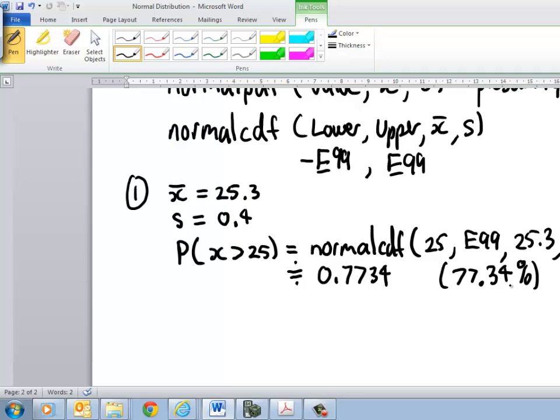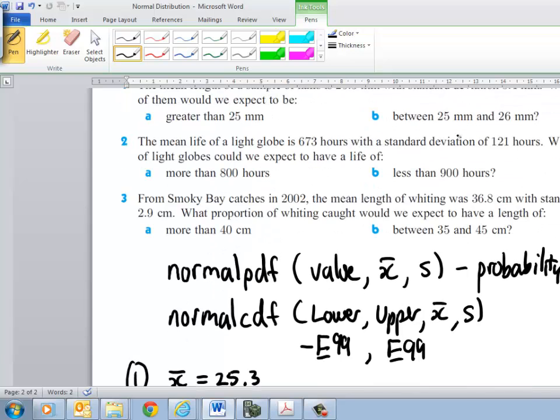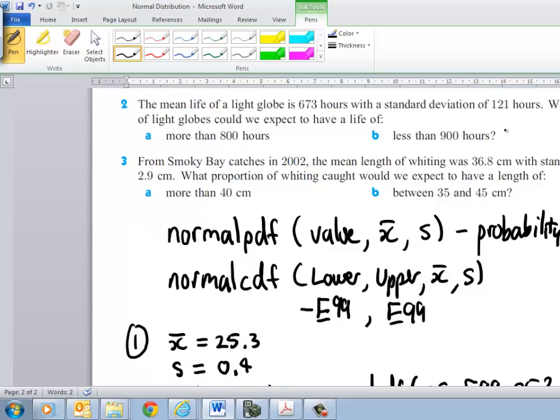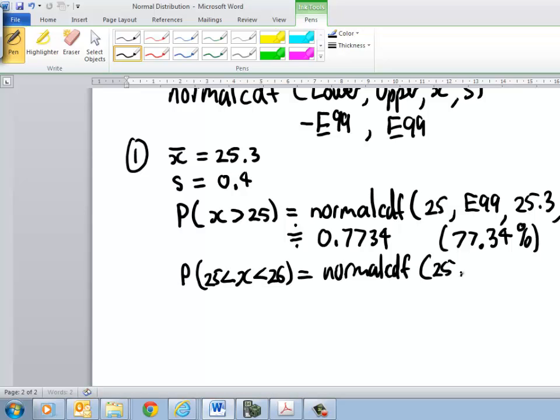All right, let's do the other part. So what would be the chances of me getting a nail between 25 and 26 millimeters? All right, so for that one I'd say the probability that x is greater than 25 and x is less than 26, right? So that would be equal to the normal CDF, right? Put our lower value 25, our upper value 26, that still should stay the same, and 0.4, and